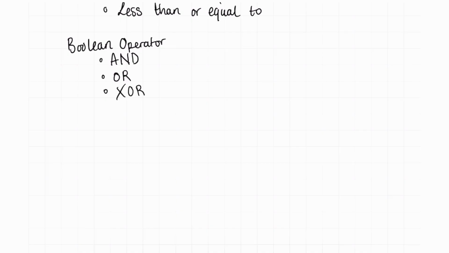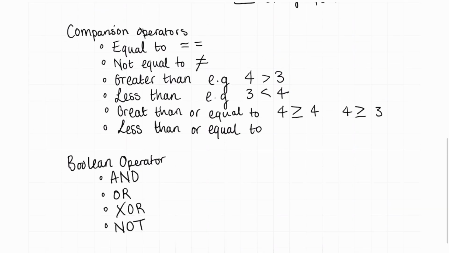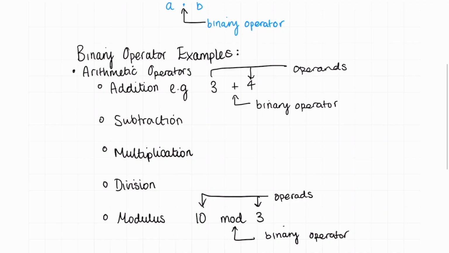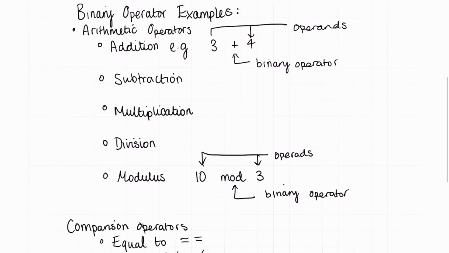XOR, not. Now, typically, we are going to be using these arithmetic binary operators, such as mainly addition and multiplication, but we are also going to define some new ones when we talk about elliptic curves, but don't worry about that right now. So now that we know what a binary operator is, for example, the expression 3 plus 4, the plus operator is the binary operator that takes the two operands 3 and 4 and performs the calculation of addition.